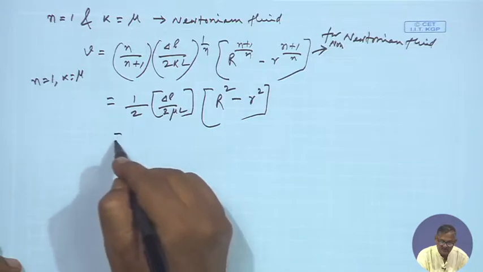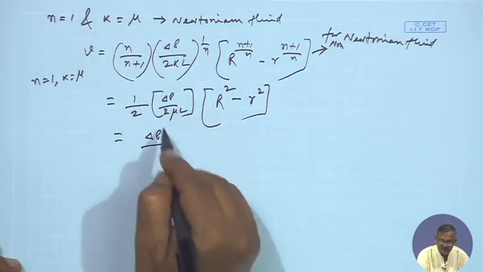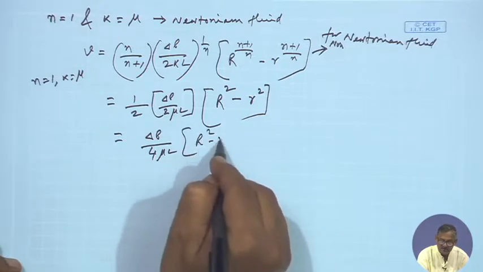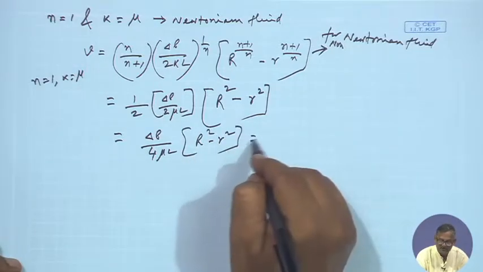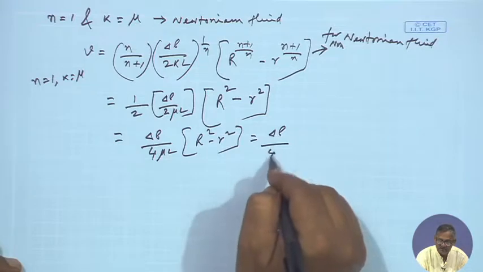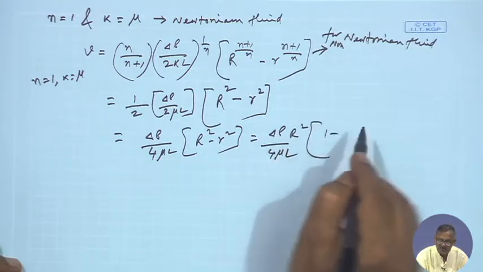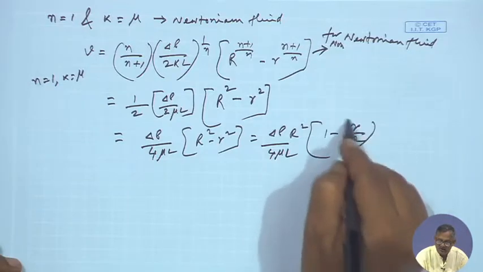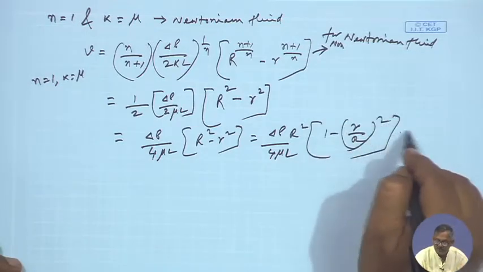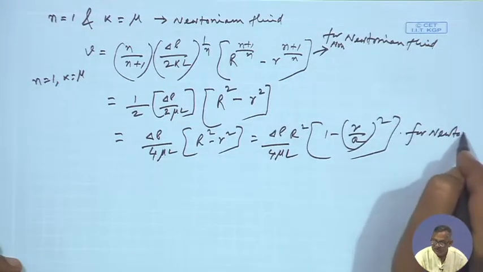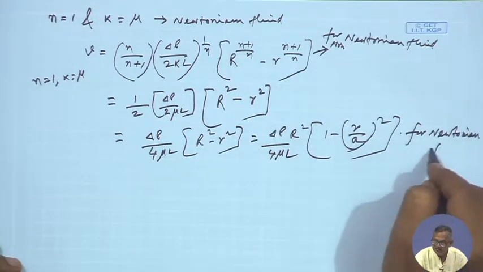So, that means this is delta P by 4 mu L into R square minus r square, that is equal to delta P by 4 mu L into R square into 1 minus r by R whole square. So, for Newtonian fluid, which we had developed,